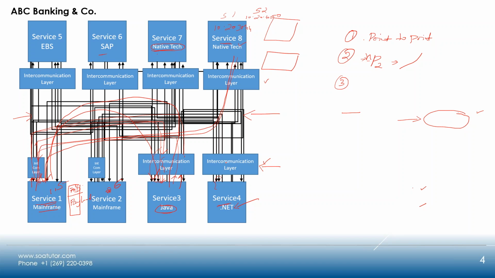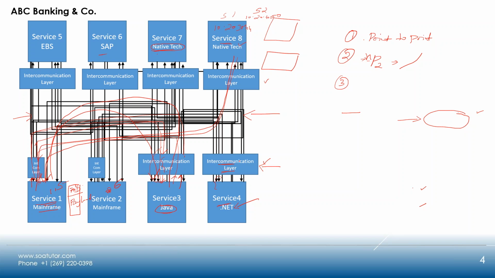Now, writing the intercommunication layer is a real headache, because you just think of a real world scenario. If you need a translator between German and French, this guy has to know both the languages, right? Now that the speaking person and the listening person know only one language, the translator has to know both the languages, or basically he has to know how to convert. So the same applies here. The intercommunication layer deals with the protocol conversions. Obviously different technologies have different protocols. So converting them is a real pain point, and it is usually done in very low-level languages like C or